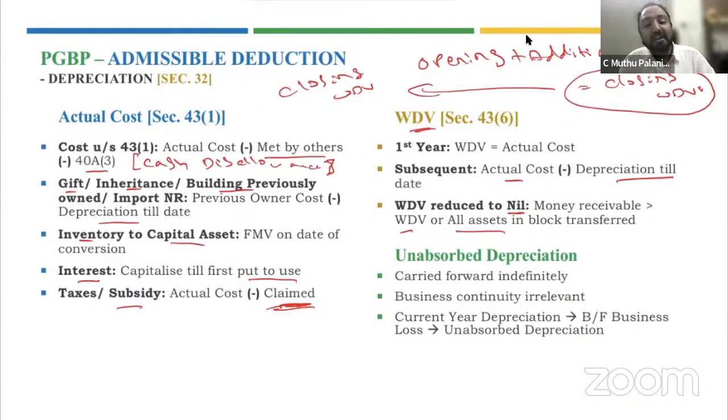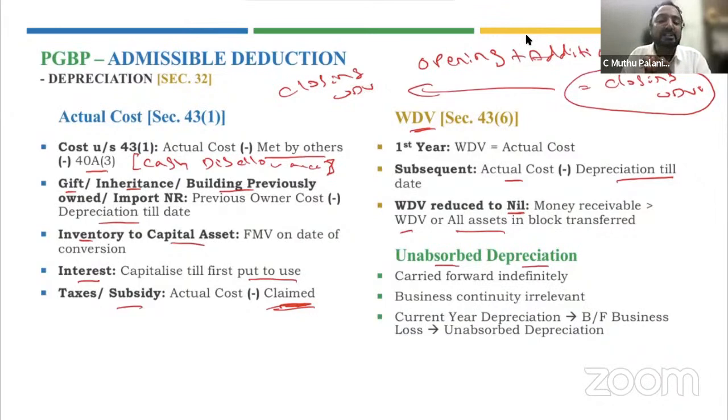And when depreciation, there is something called unabsorbed depreciation. It's typically when carry forward. Unabsorbed depreciation is where there is a depreciation already in the books of account. I will disallow the depreciation in the books of account and provide what is eligible as per the Income Tax Act. When I'm providing that, if there is no sufficient profit,